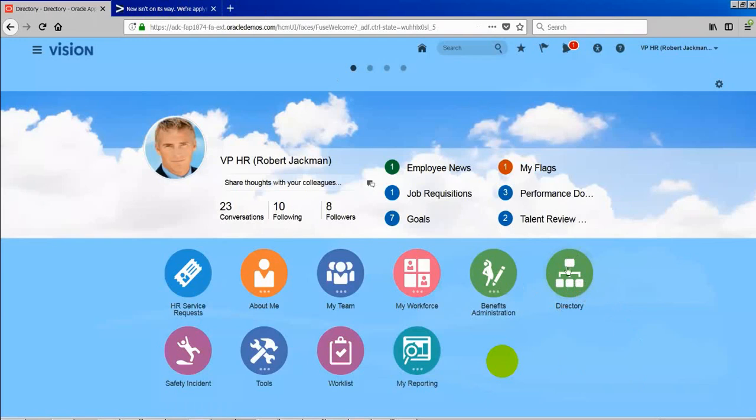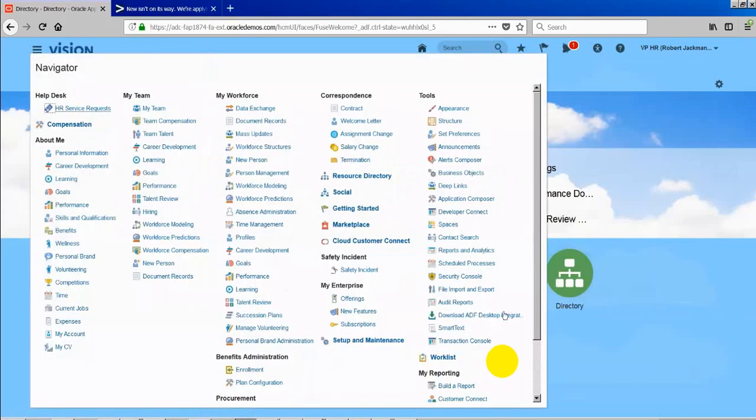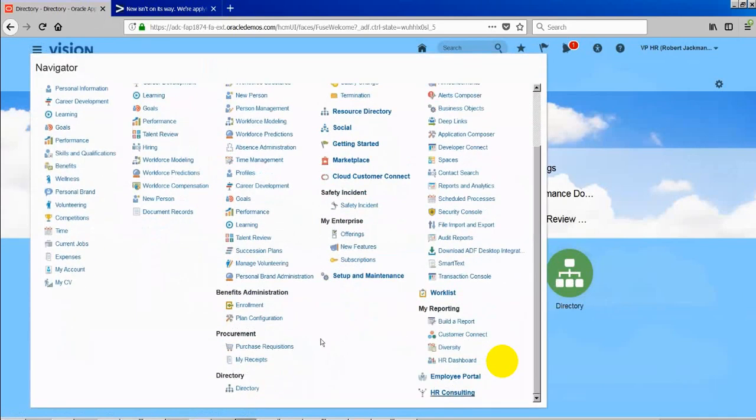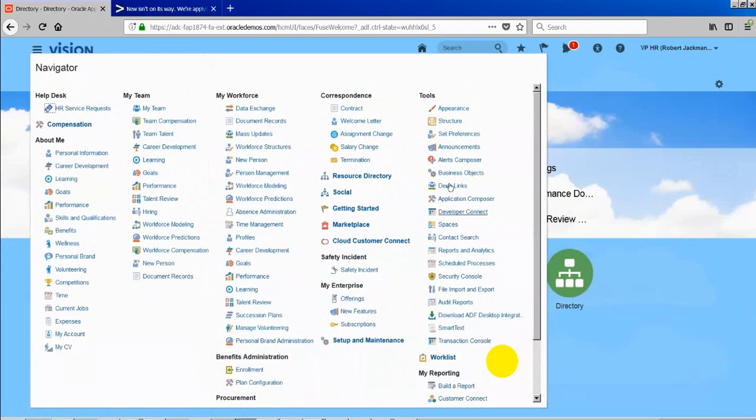What is a deep link? The deep link will give direct access to that page. Okay, so direct access to the page. Don't worry about this, I will talk about it. I'm just trying to show you the deep link.